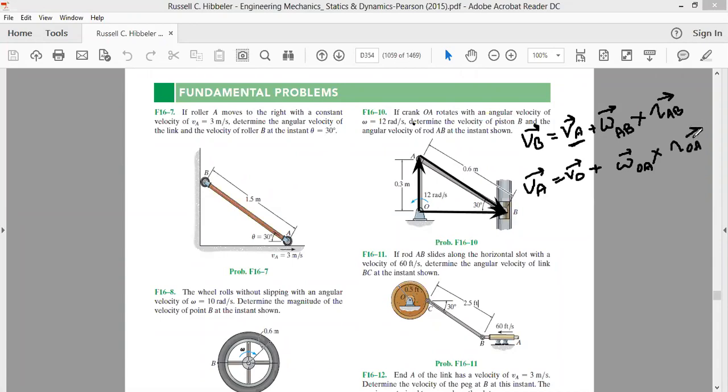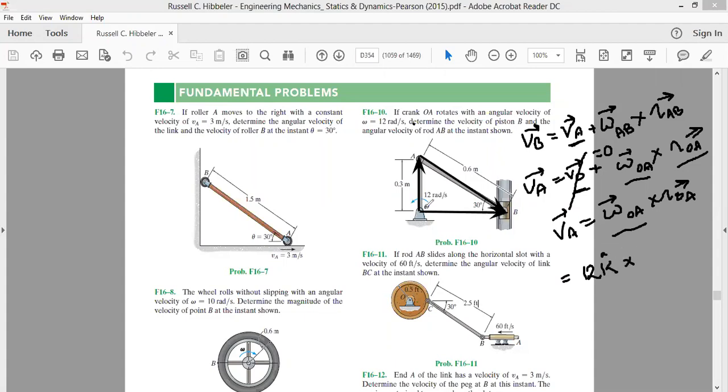Look at this equation. We know the value of omega, we know the value of R, we know the value of VO. As far as the velocity of point O is concerned, O is neither moving along the x-axis nor along the y-axis. Therefore, velocity of point O is equal to 0. Therefore, velocity of point A is equal to omega OA cross R_OA. We know the value of omega OA: it is 12 radians per second. And what is the sense of its rotation? If you curl your fingers, your thumb will come along the z-axis. So it's 12 k cap